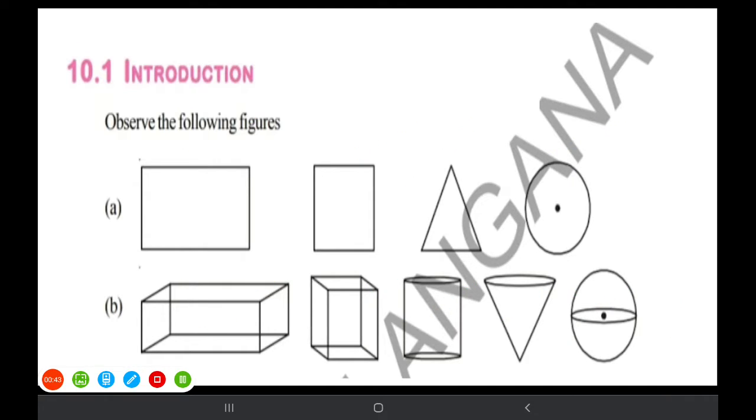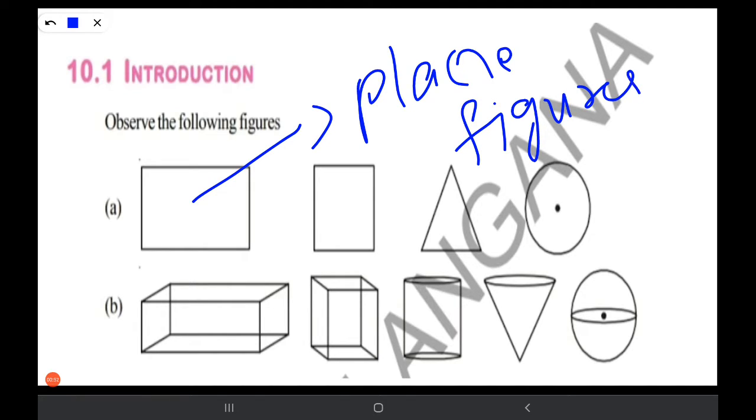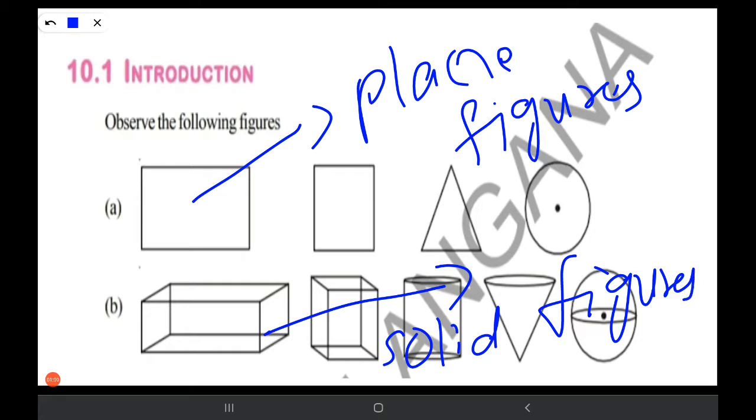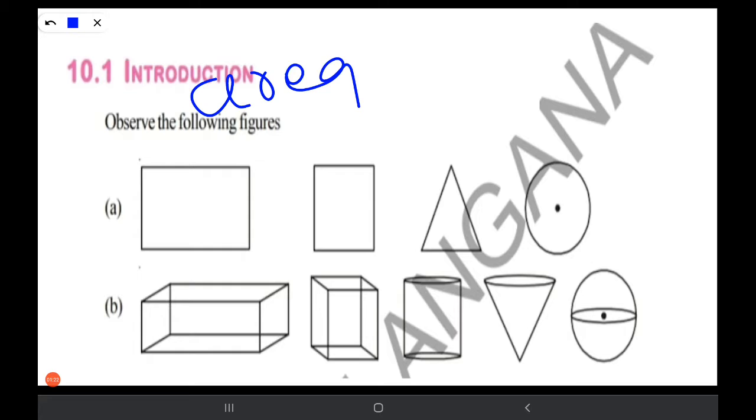What is the difference? Exactly, these are plane figures, and these B are solid figures. Already you know this thing. B are solid figures and A are plane figures. So here, if you see, plane figures can occupy area, and solid figures can occupy